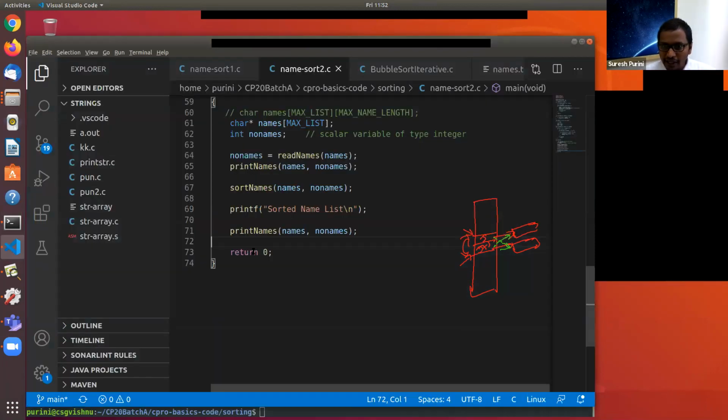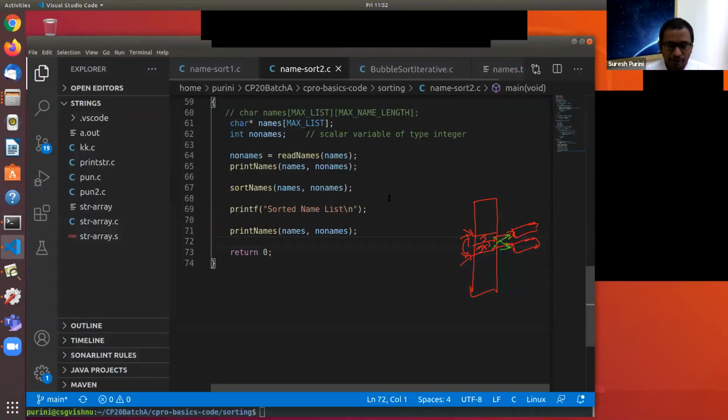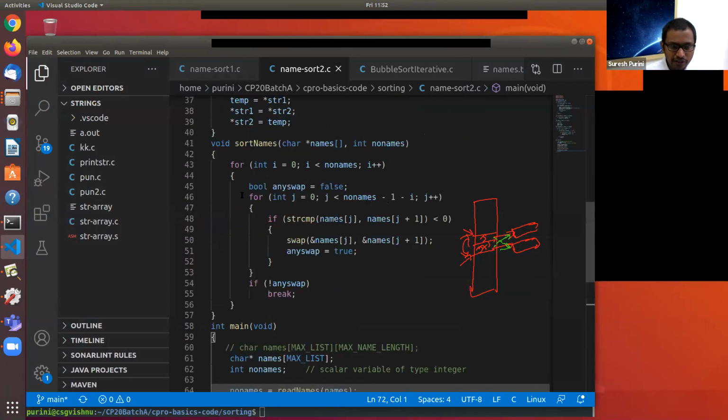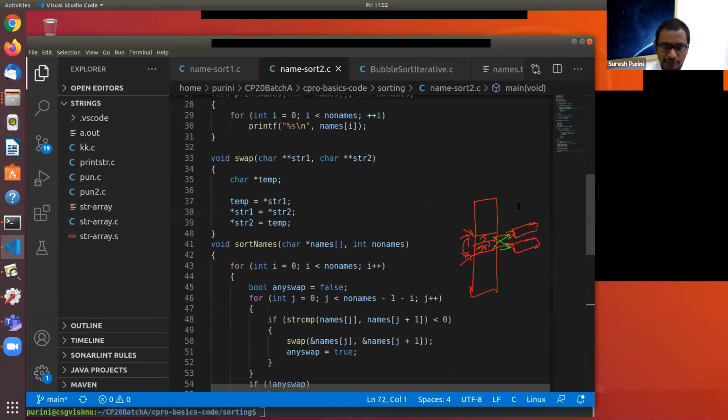String copy doesn't care about where the address is coming from. How many of you understood what is happening in the swap function? What does str1 contain here? So str1 contains,